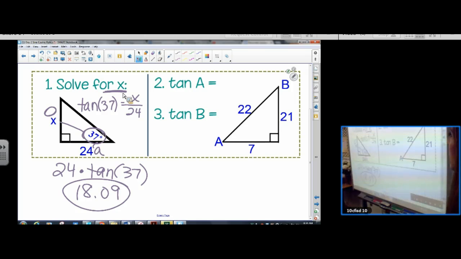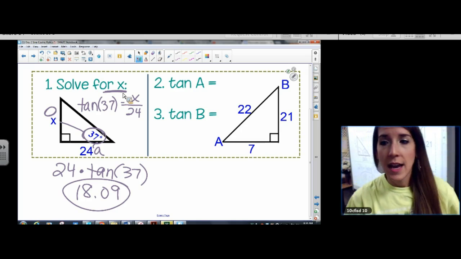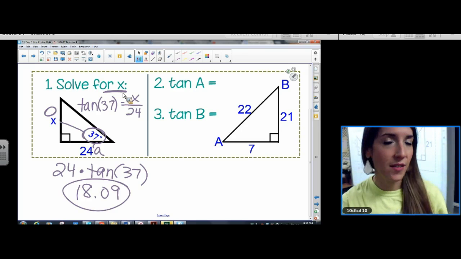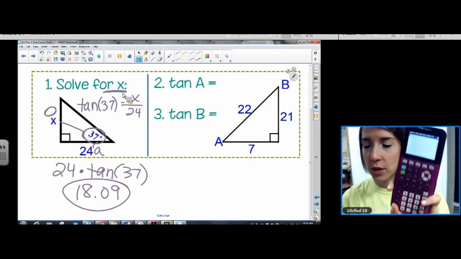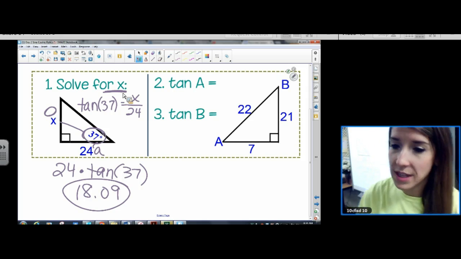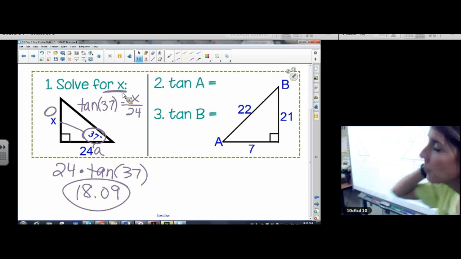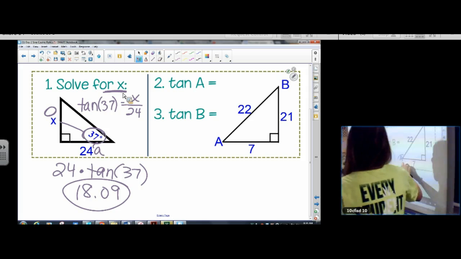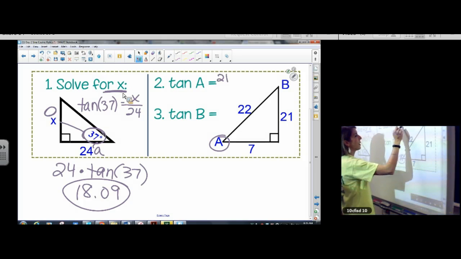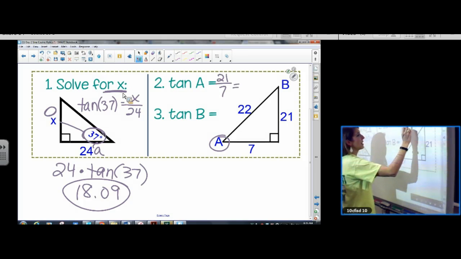All right, next one. In number 2 and 3, be careful. It's not asking for the angle A. It's just asking for the tangent of A. So in number 2 and 3, you are not going to touch your calculator. You're not going to use the tangent button at all. The tangent of angle A, I want opposite divided by adjacent. Opposite divided by adjacent. The answer is